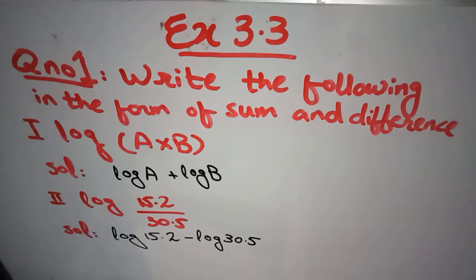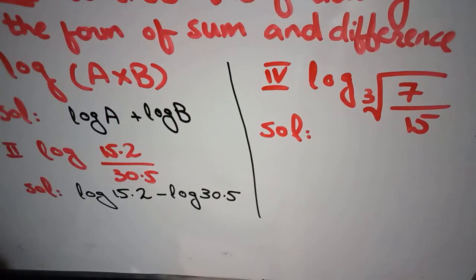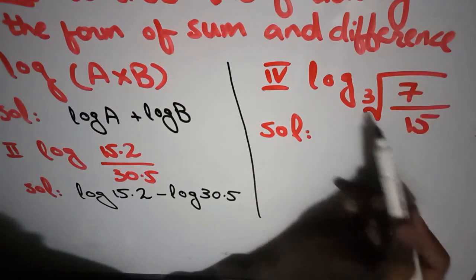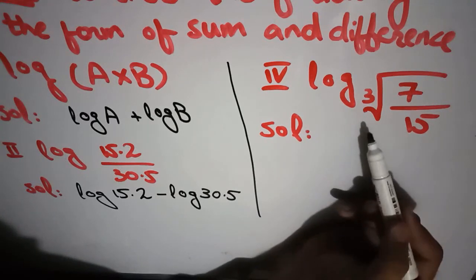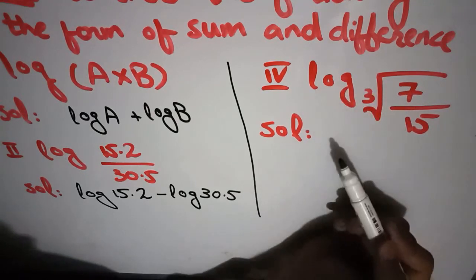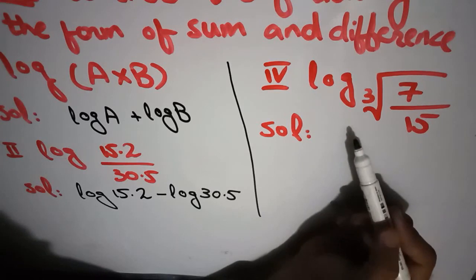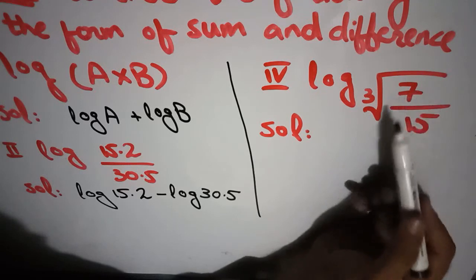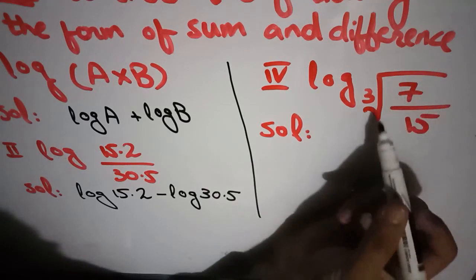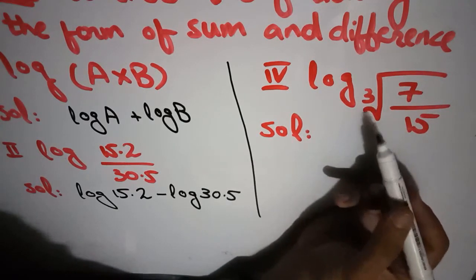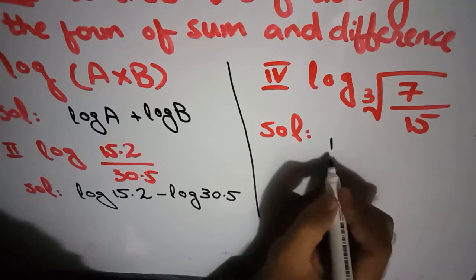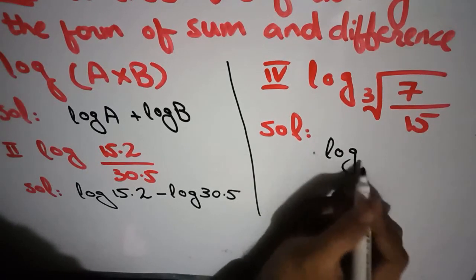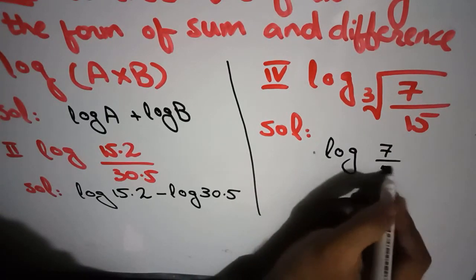It is the answer. And in the next part, let me tell you, there is log cube root of 7 by 15. This is the cube root. So you will just change the form of this question. First of all, the power or the radical sign that is written, that is just the cube root, you will write it before the log. Like you can write 1 by 3, or simply you can first write log 7 by 15.